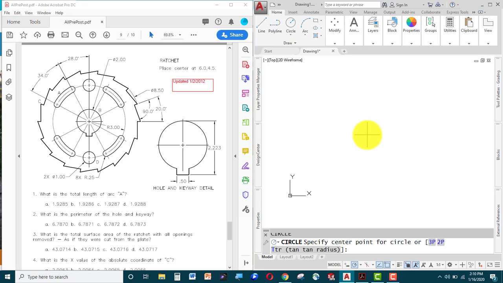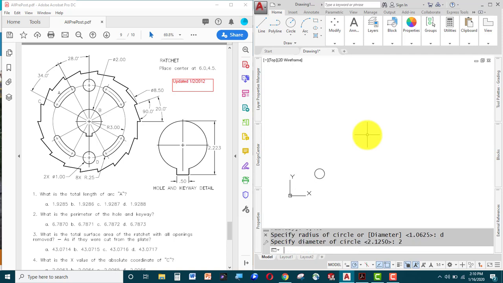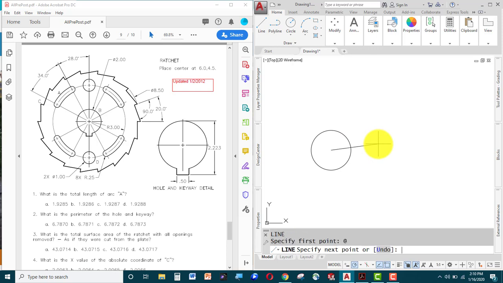I'll do a circle just to give me something to keep track of, and that'll be that hole in the middle. The center is 6, 4.5. The diameter of that hole is 2. Bring that over and just come up a little bit. Now I'm going to draw a line from the center of the circle, and I'm going to have that thing come out